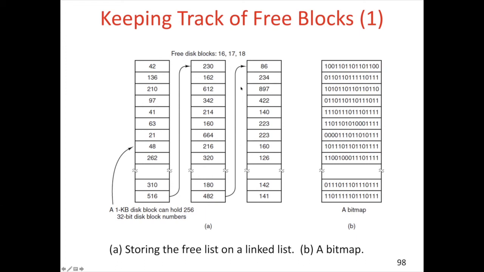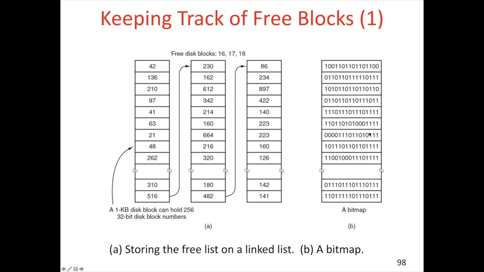As we have more free blocks, we have more blocks to contain the free block numbers. For example, here, the free disk blocks are stored in blocks 16, 17, and 18. An alternative is to use a bitmap. Here we have a bit for each block, and the value 1 shows that it's a free block. For example, block 0 is free, blocks 1 and 2 are not free, 3 and 4 are free,